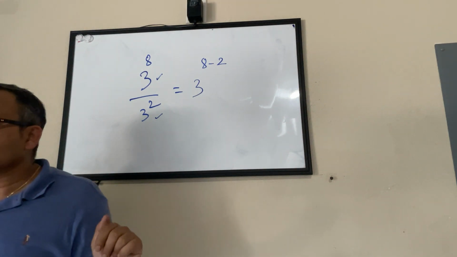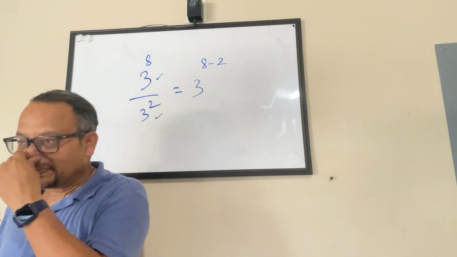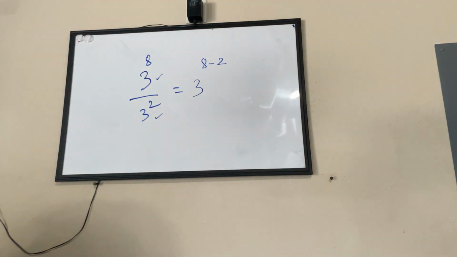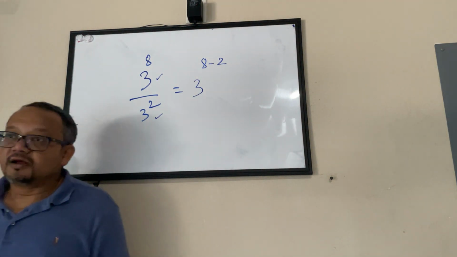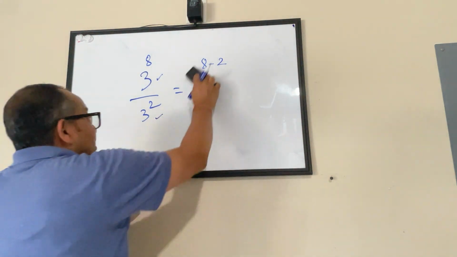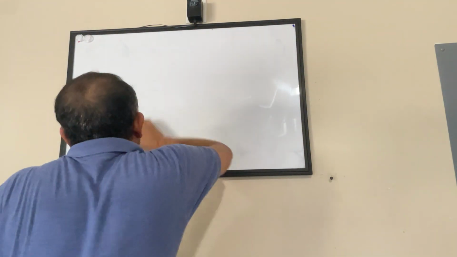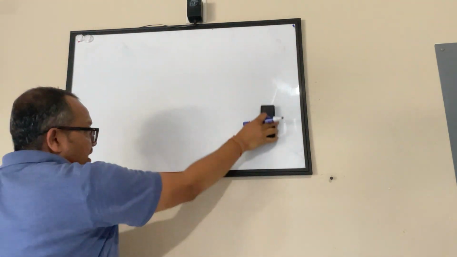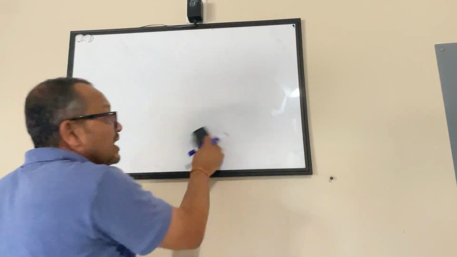Okay? 3 to the power 6. I just did it the long way. Then I got 3 to the power 6. Right. So that long way is the most authentic way, but that may not be the efficient way, because